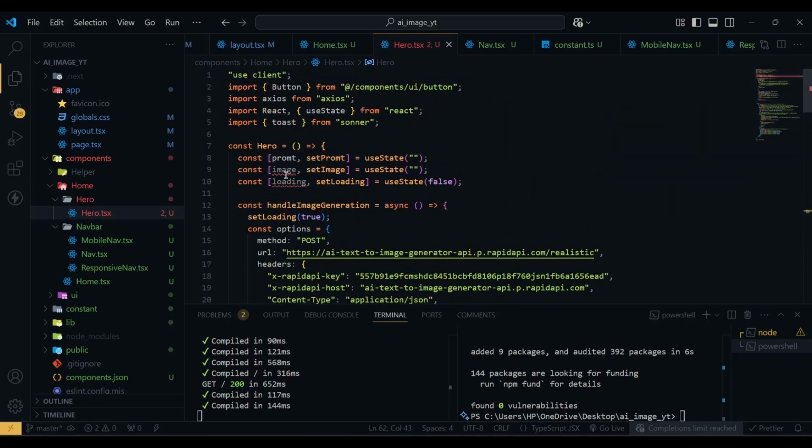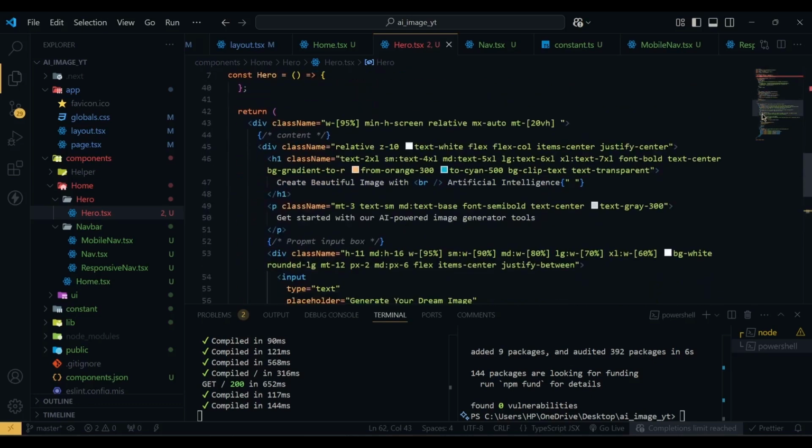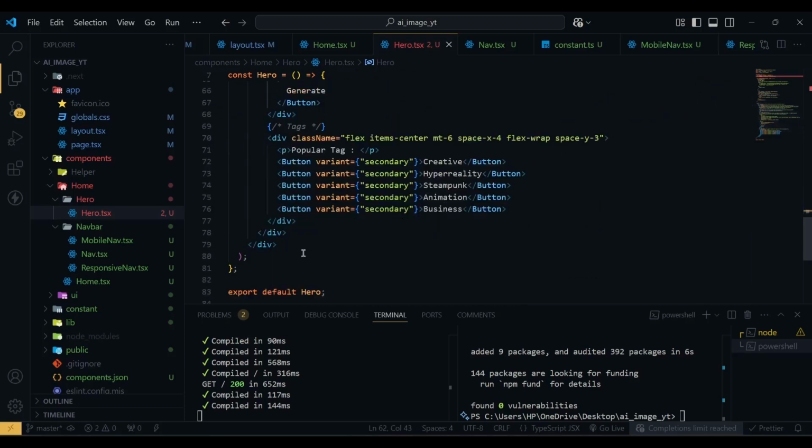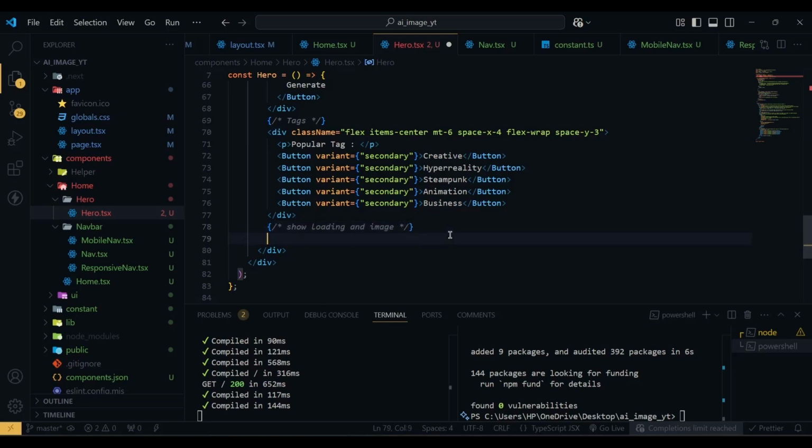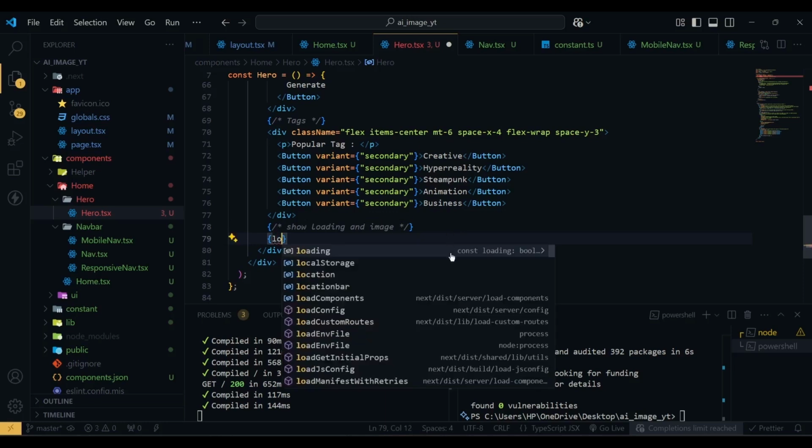Next we need to use this image and loading. So after this div, the popular text div, and after this div we are going to show loading and image. So here we are going to check if loading is true,